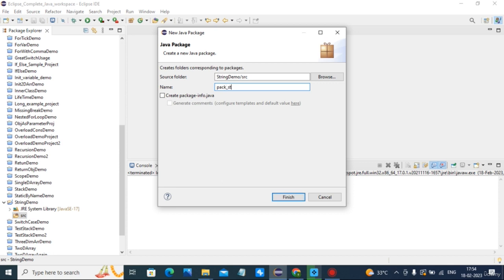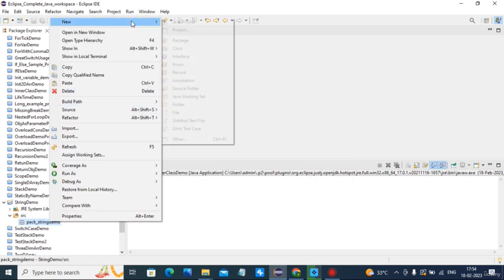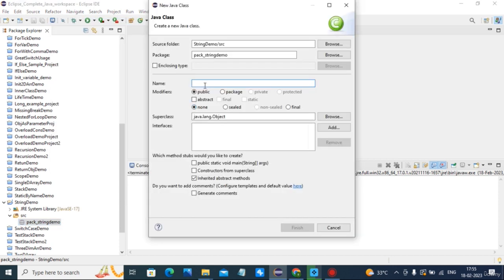Default package use is deprecated. You should create at least one package to store your classes, and that is very easy for remembering or finding your classes in future. Also, so I create string demo class.